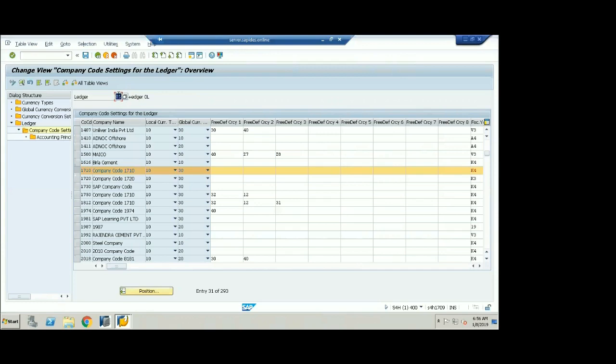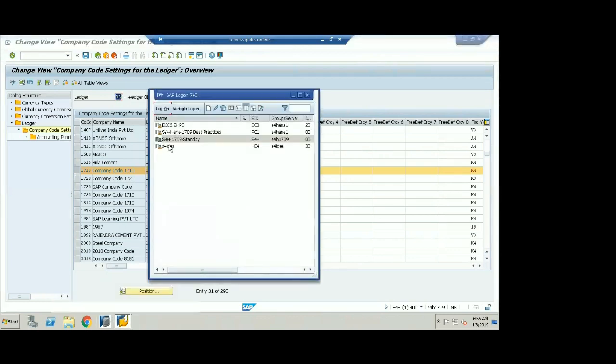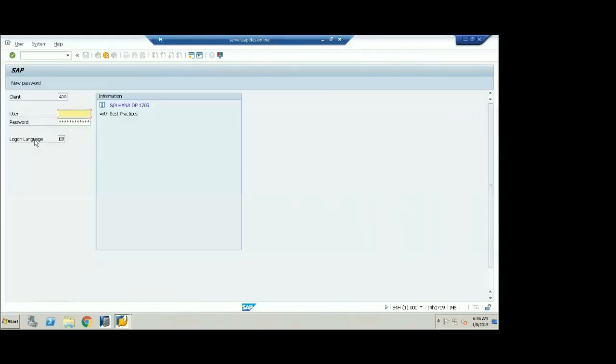Is there anything you can show us about how we select the language when we create a report? Which report, sir? Suppose you're generating a ledger. Whenever I log into SAP, the specific language is given; if it is EN, it will be English.